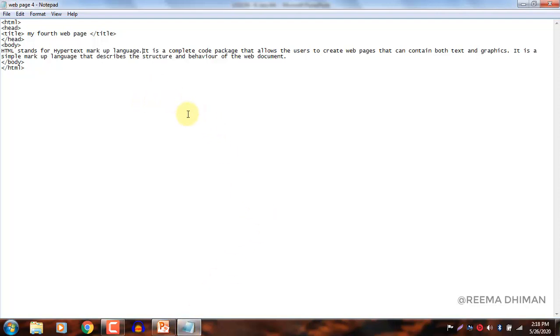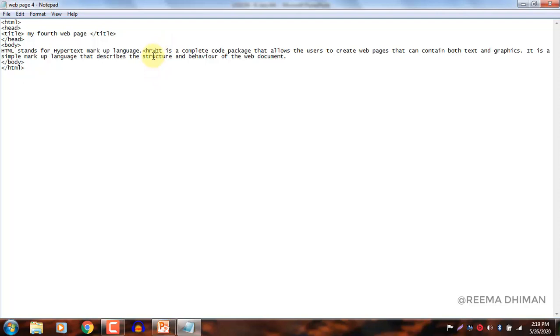Similarly, as we have done in case of BR tag, we just write the BR tag where we want to insert the break. Similarly, we will write the HR tag where we want to draw a horizontal line. For example, I want to draw here, so I just type this HR tag. Both the HR tag and BR tag are empty tags, so these have only opening tags, not the end tag, not the closing tag. So there is no need to close these tags.